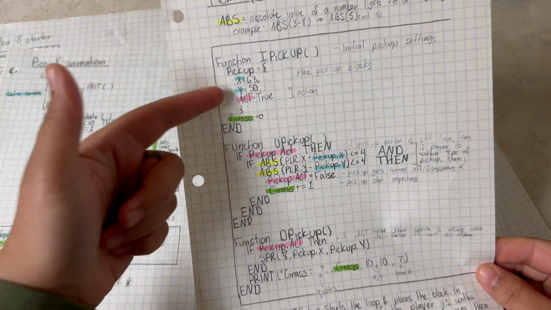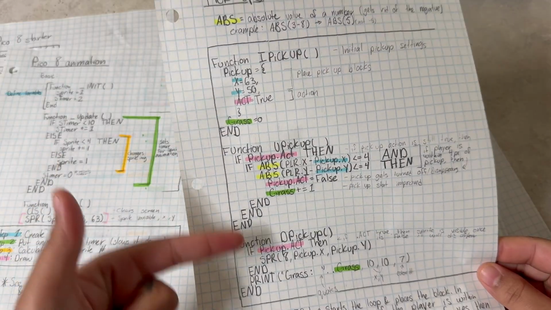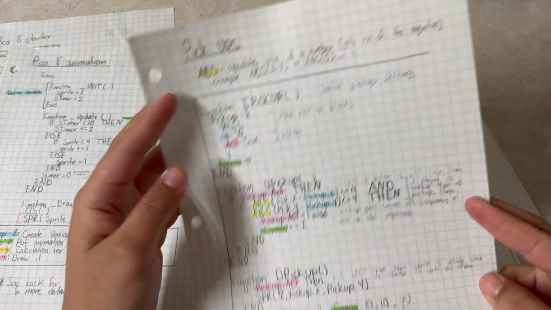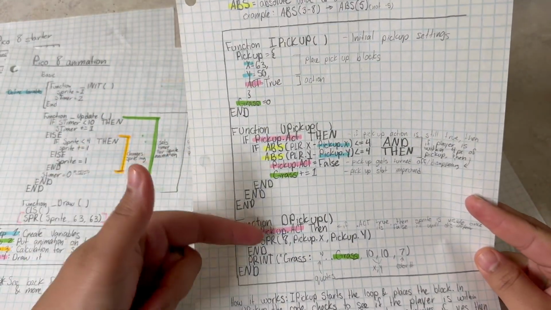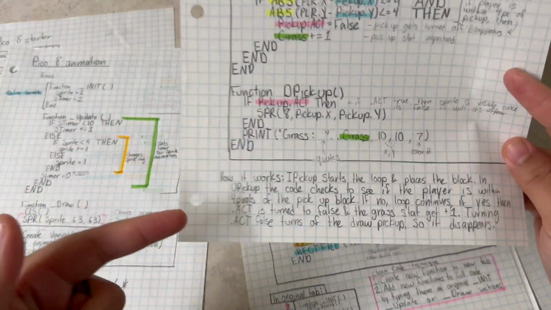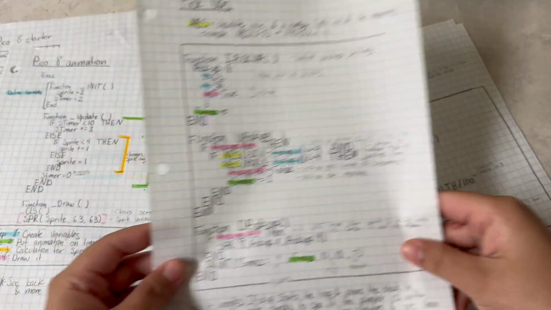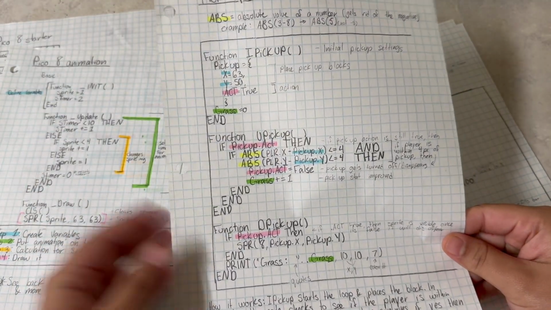For example, I highlighted everything that had the actor code attached to it pink, so I knew what was going on, and if I got a little confused I could just follow back to pink. And then I also wrote how it works to my understanding, so I was able to go back and be like, okay, what is all this stuff doing and how does it work?